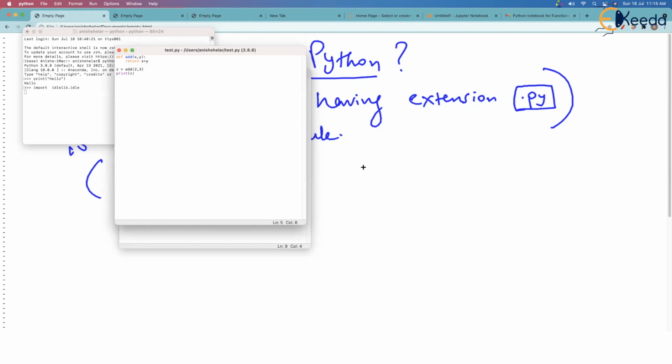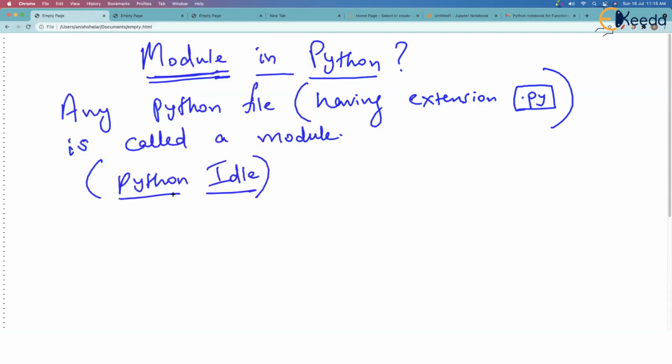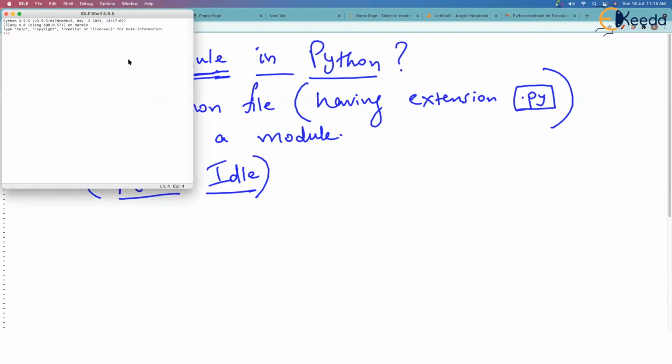What I was saying for latecomers is that we are learning modules today, and any file which has extension .py is called a module. You can see that this Python IDLE can be very comfortably used to create a new file, save it, and also run it.